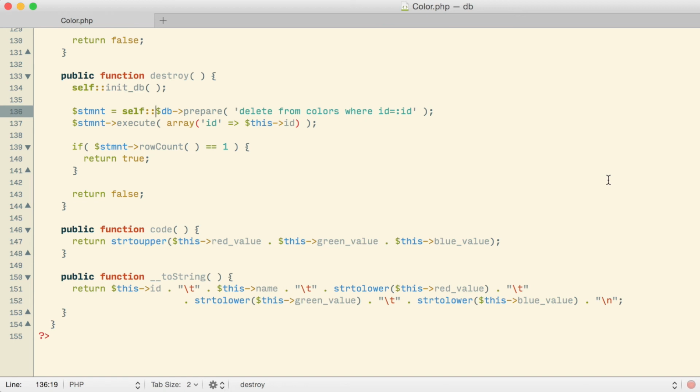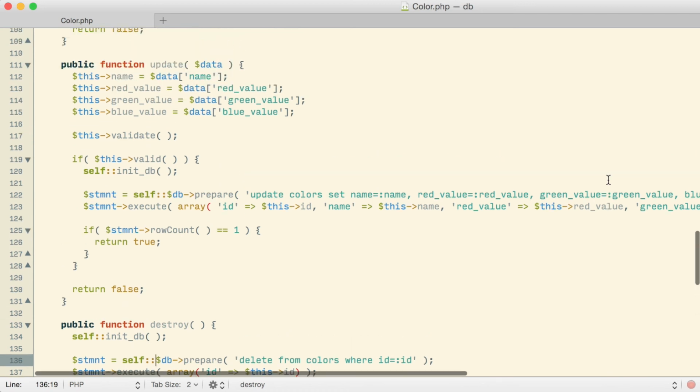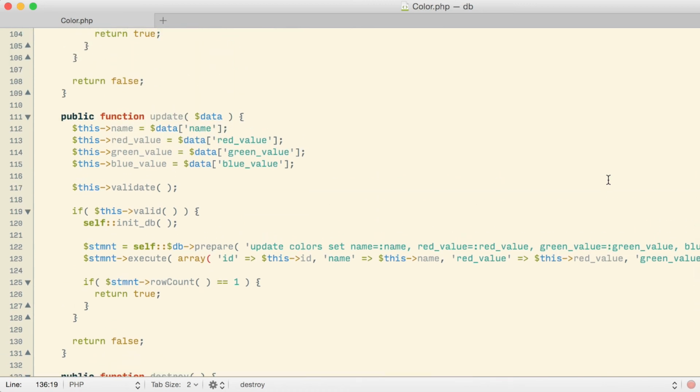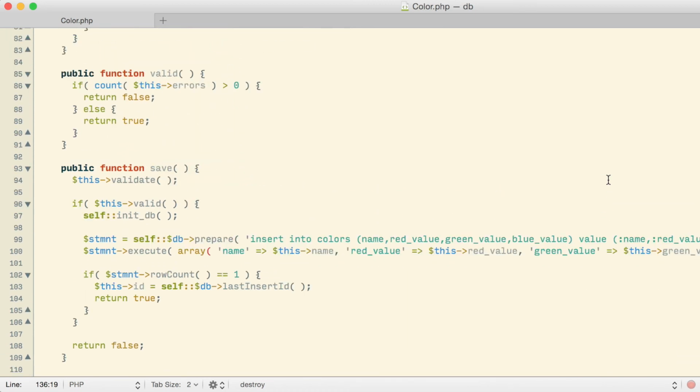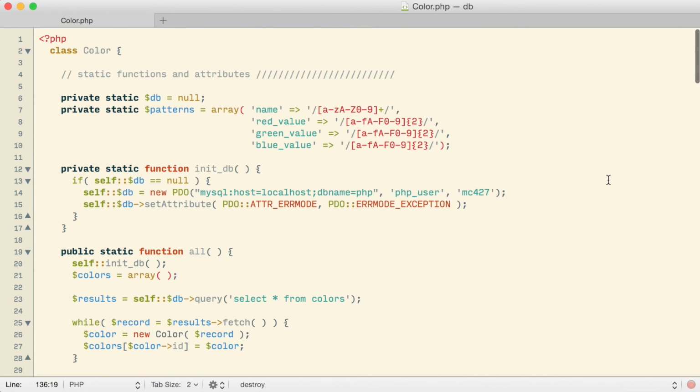Working with the database this way certainly has some benefits to it. I don't know if I would say that the code that we have here in our color class now is simpler or not. Some people might think that working with the flat file was a little bit more straightforward. Either way, there is a certain size limit, I would say, that you have to honor when you're dealing with flat files. Flat files work fine at very small scales for little convenience type scales, but eventually we grow up and we have to start dealing with databases.